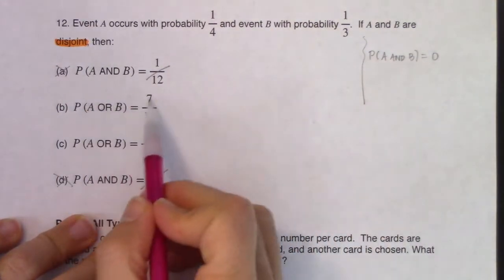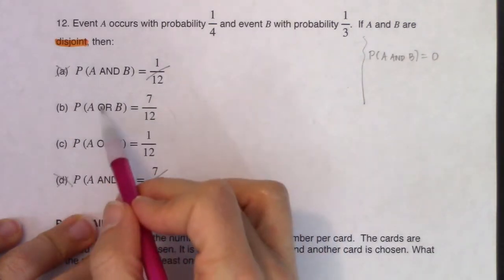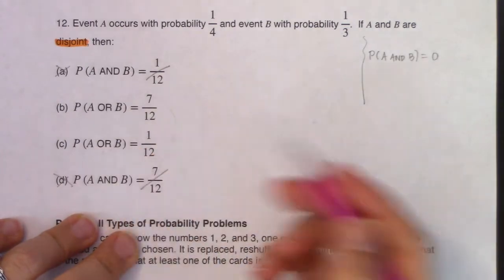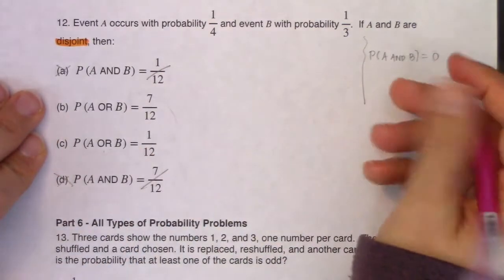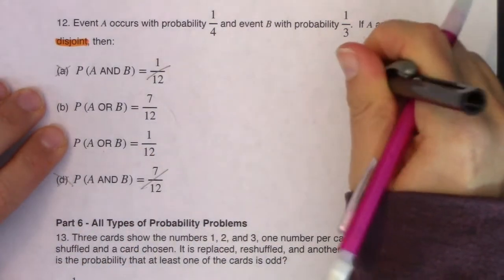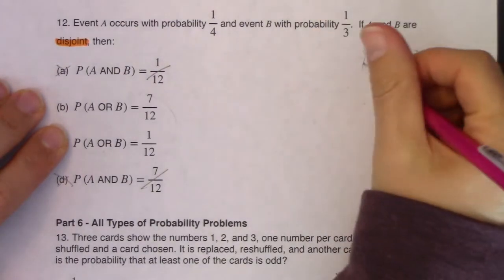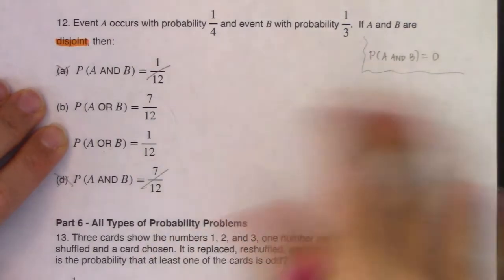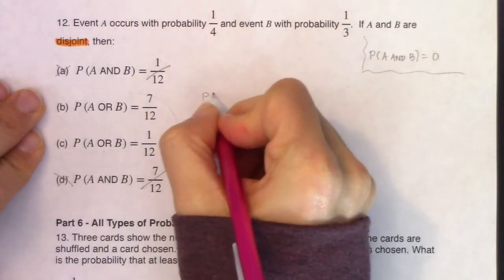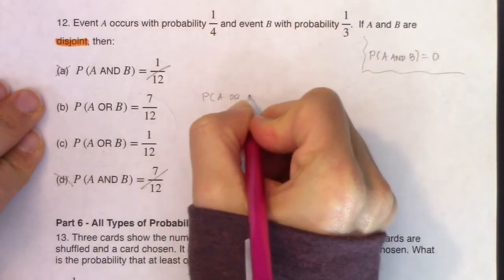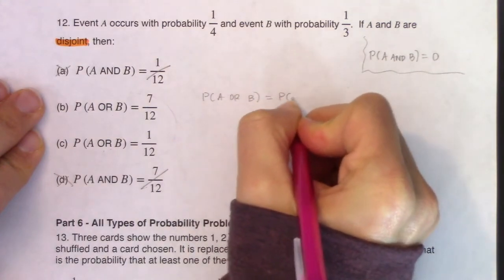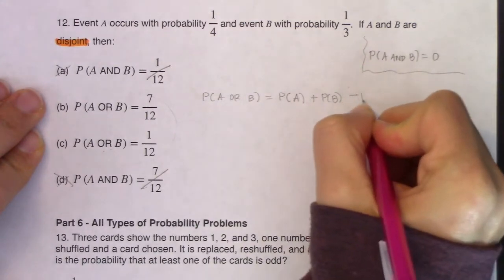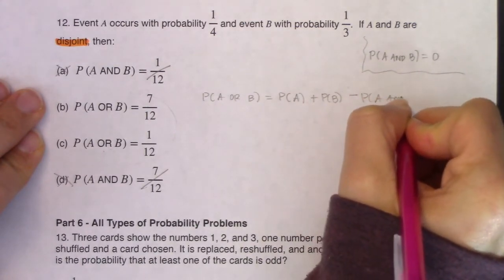And then if I look at my options in B and C, it looks like they're asking me about the OR again, right? So I gotta calculate that OR formula. So let's try that. Let me erase this a little bit just to box it in up top there. Give myself a little bit more room. Okay, so let's try this. We want the probability of A or B. From formula 1, we know it's the probability of A plus the probability of B minus the probability of A and B.